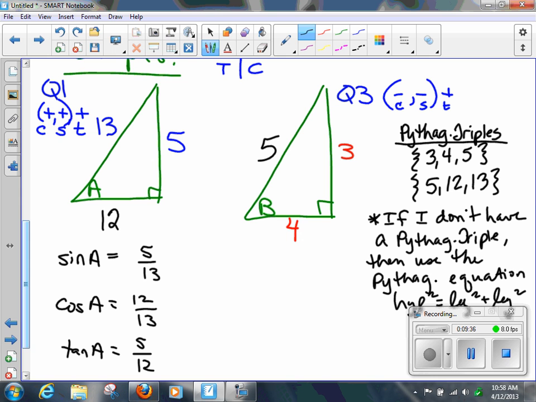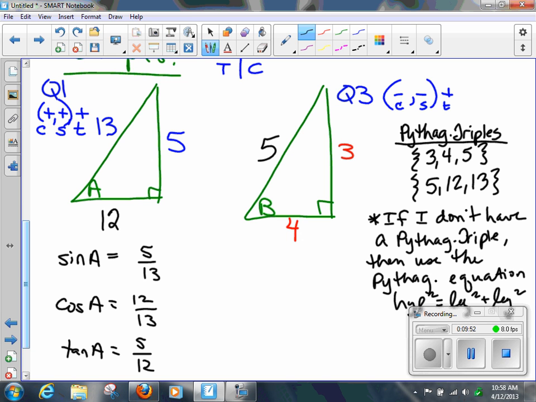You better check your signs. Are my signs correct on this triangle, sine, cosine, and tangent values? Why, Damien? They're all positive. Why? Because it's in the first quadrant. Okay? Now, go to the second